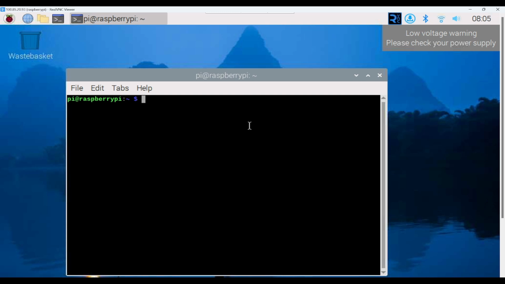And that's it. You now have a fully secure way to access your Raspberry Pi from anywhere in the world using Tailscale. No port forwarding, no headaches, just seamless connectivity.